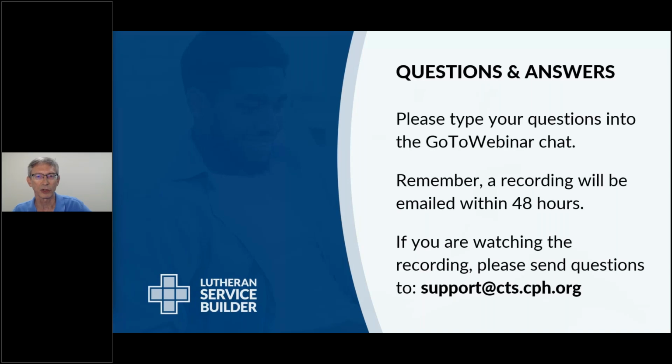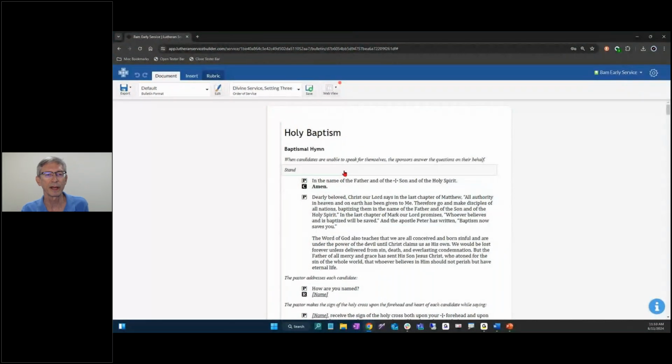Now, when you're talking about your order of service, making changes there, let's say you replace the psalm with the gradual, and then you want the gradual to be there in your order of service in the future. That's where you would, let's maybe go back to that and I'll just point it out. We're going to talk about this more on Thursday with My Worship Resources, but just to address Myra's question,